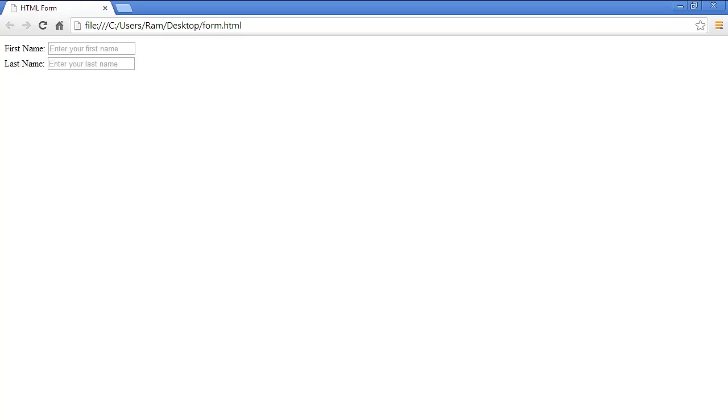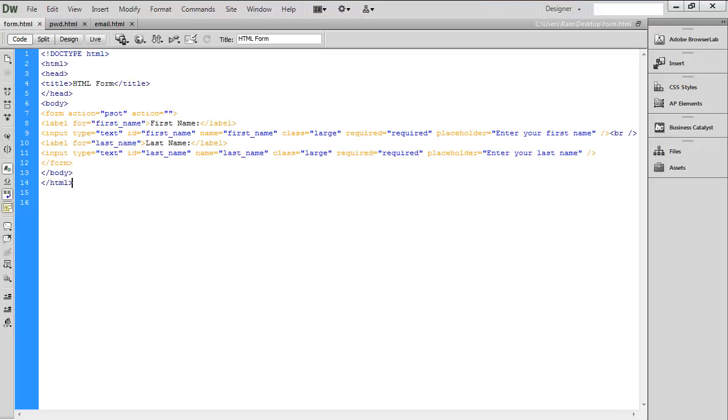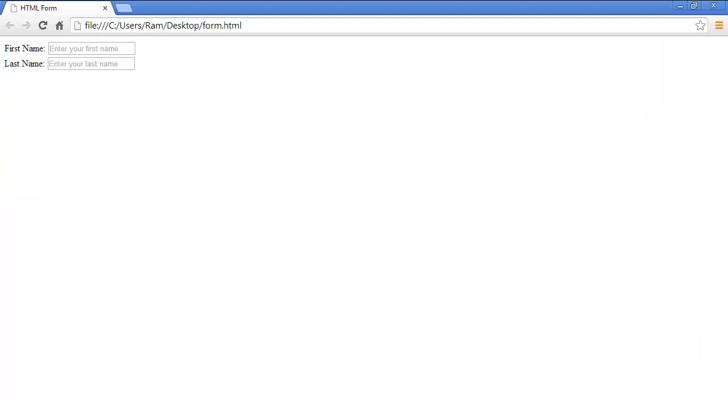Here is the output. Now I told you previously that we shall see the use of placeholder. You can see that we wrote in the first name there is an input type and there it's written enter your first name, whereas in the input type we have mentioned in the placeholder enter your first name. Below you can see for the last name also there is a label, there is a placeholder enter your last name. Moving on to the output, here in the label of last name you can see the value of placeholder is over here. It gives a guidance to the user in case they are not able to understand the form.